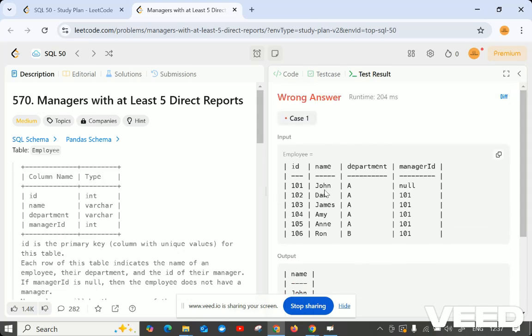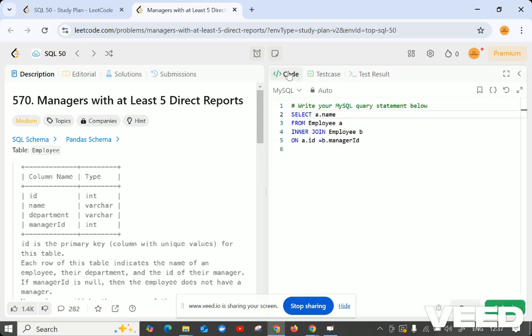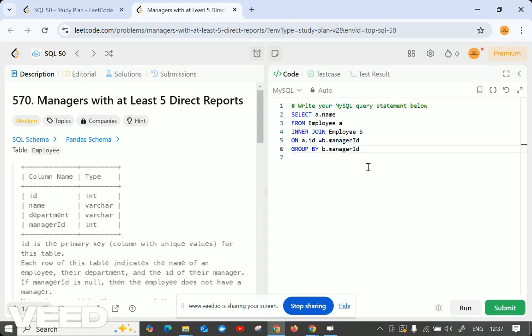So what we have to do is group by that ID so that we will be getting it only once. Okay, so now we have to group by the manager ID. The manager ID is now repeating 5 times. So group by manager ID. After grouping, what we get is only once, but we have to get a count, right? When we are using group by, we should check the condition by using having. In having, we check the count of how many records we are having, the repetition number. Now we got 5 records.